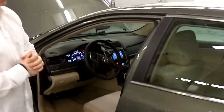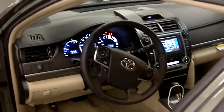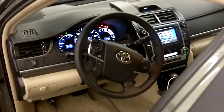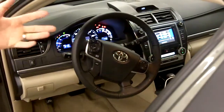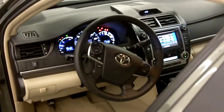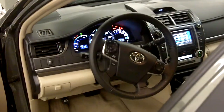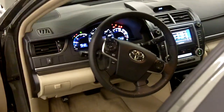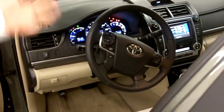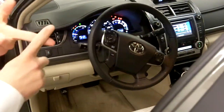An option you're going to find on your Camry Hybrid XLE is our Entune system. Our Entune system provides you with navigation, satellite radio, HD radio, as well as the ability to pair your smartphone to the vehicle, which gives you access to 5 different information services: weather, sports, stocks, traffic, and fuel prices, and 2 apps on this stereo, Pandora.com and Bing.com as a point of interest search. And if you do get the premium HDD system, that provides you with 3 additional apps: OpenTable.com,